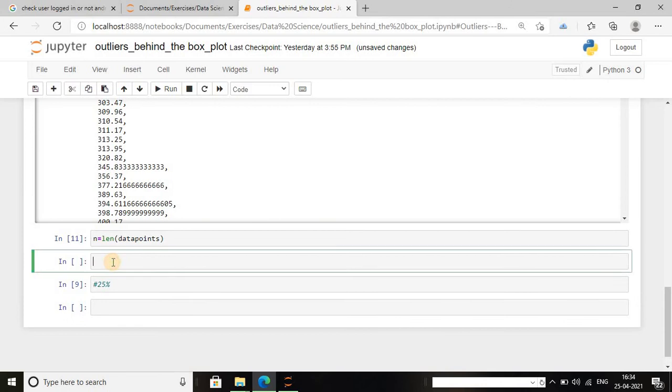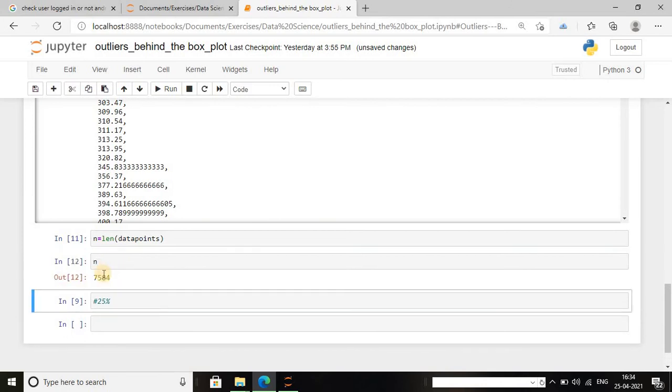If I print this total number, it will be 7584. So there are 7584 numerical values in the list.